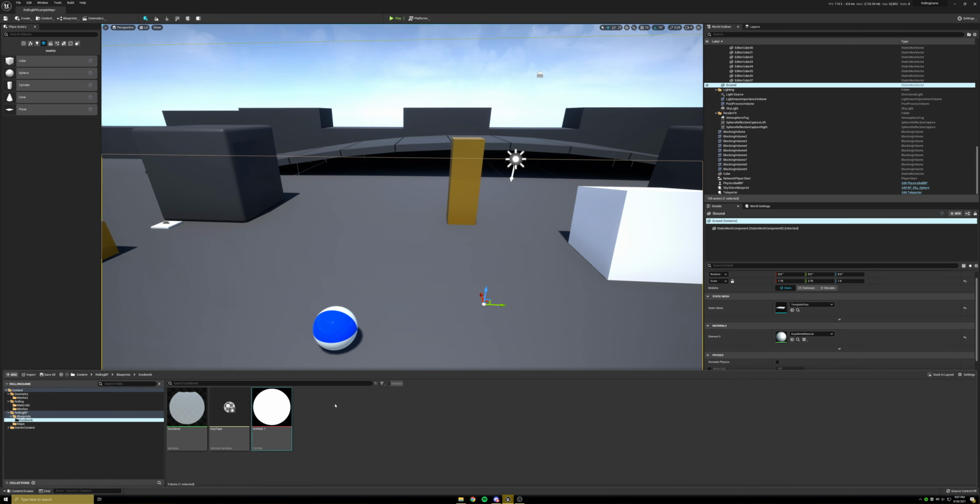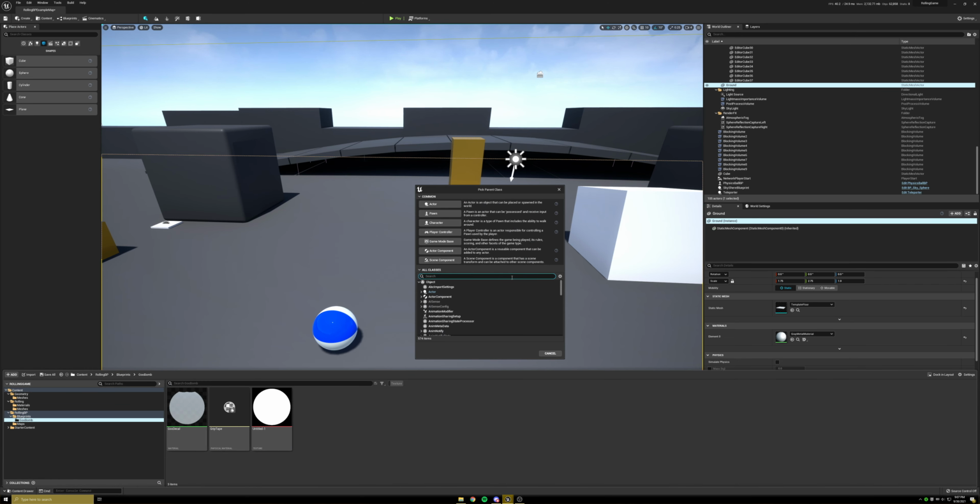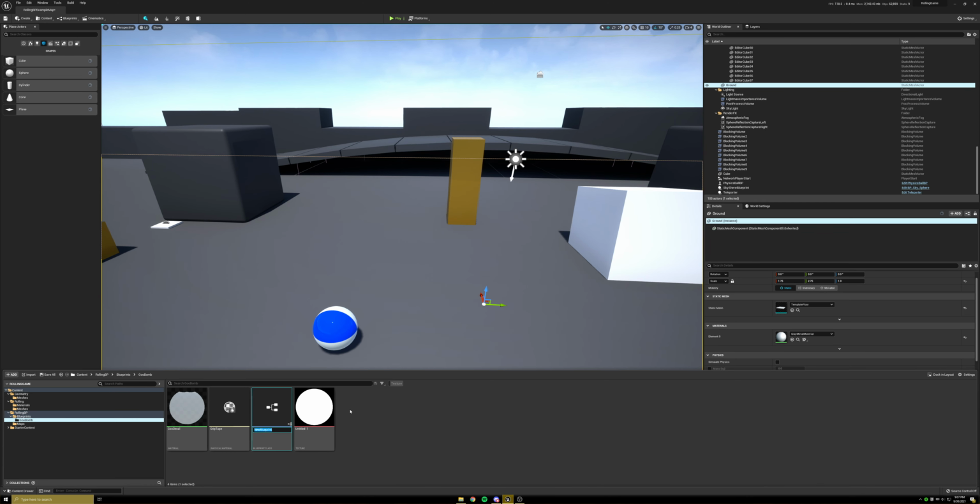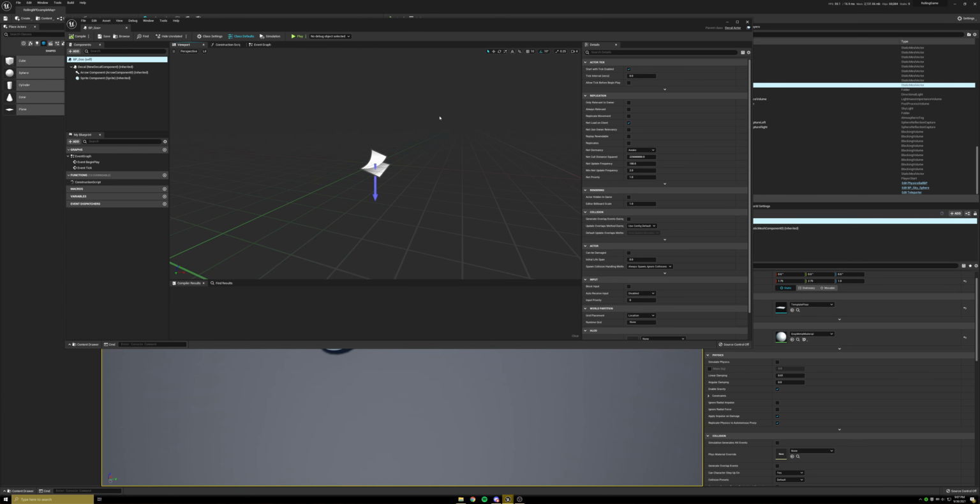And then we are going to make our final thing, which is a decal blueprint. So in here, it's not under any of these, so we just have to search for decal. We want a decal actor. Select that, and we're going to name this BP underscore goo. Open this up, and